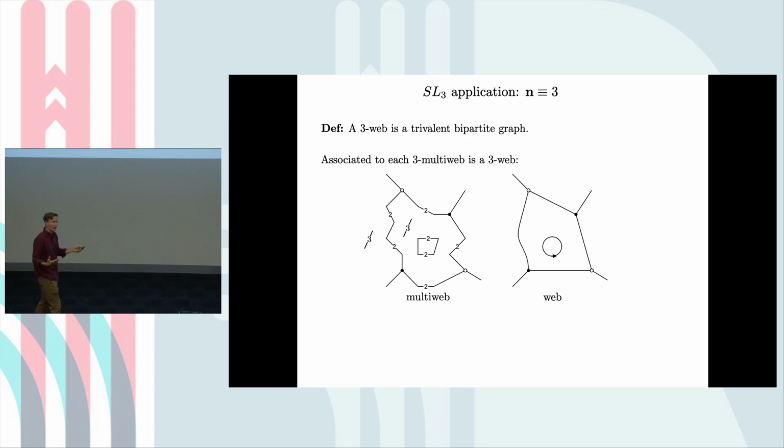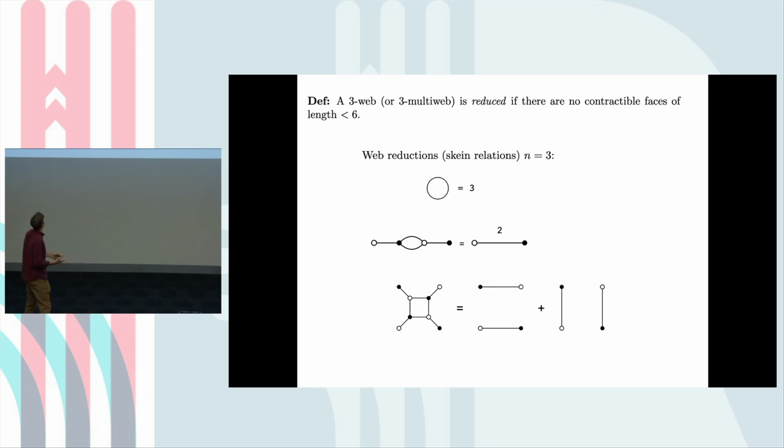These 3 webs are something that representation theorists care about for the representation theory of SL3. And in particular, there's a notion of reduced web. Well, let's see. I don't really have time to tell you how it's related to the representation theory, but let me just briefly say that there are certain relations,